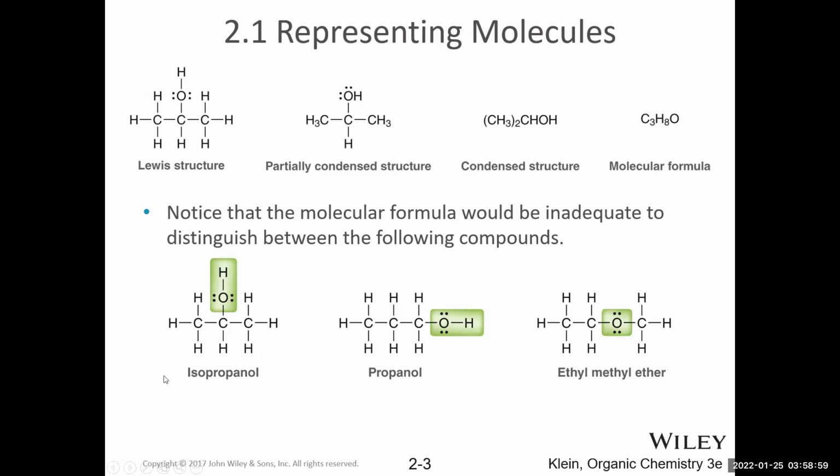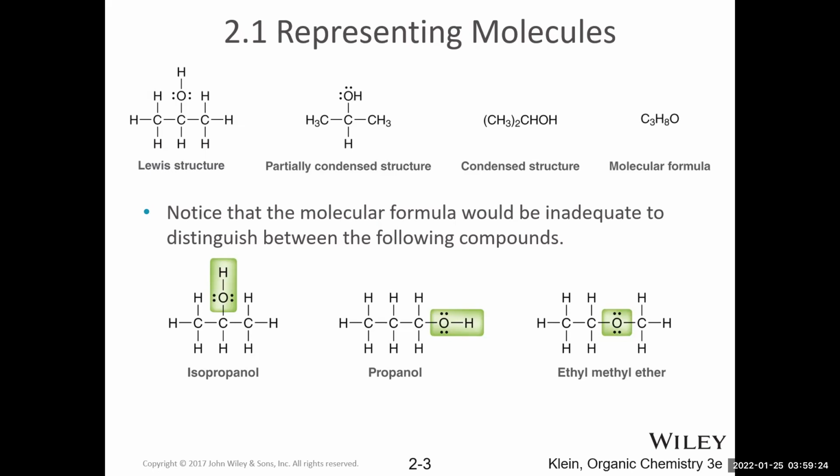If you think about what is the relationship between these compounds? Well, if they all have the same molecular formula, but they have their atoms connected in a different arrangement or order, then they would be defined as constitutional isomers. So you're going to be looking at an activity where you're going to be asked to draw several constitutional isomers.